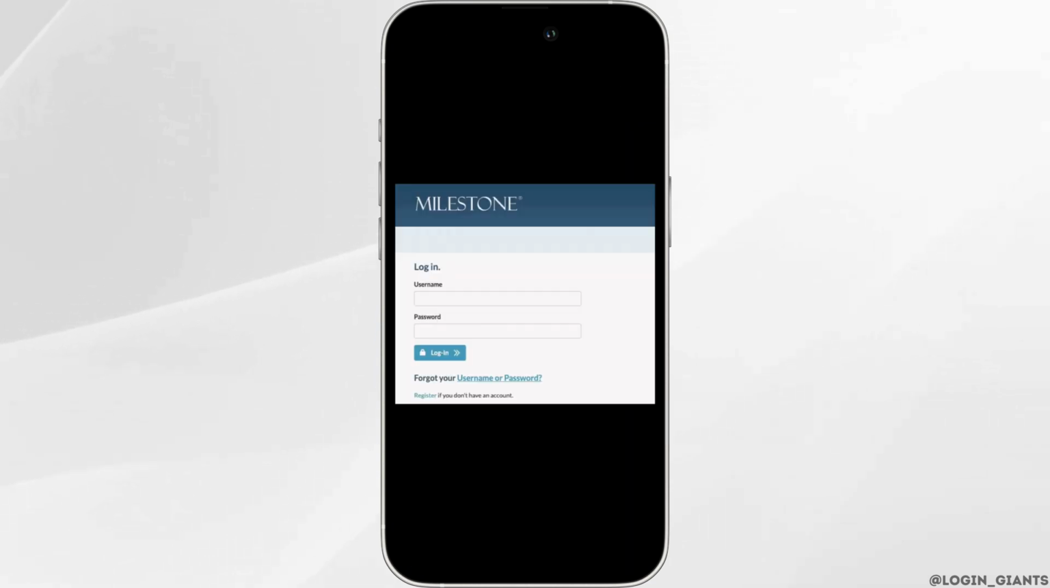Once you click on My Account, you will be landing on this page. In here, what you want to do is first of all enter the username of your account. Once you have entered your username, enter the password that you have created before. Once you have entered the username and the password, click on Login and you will be logged into your Milestone